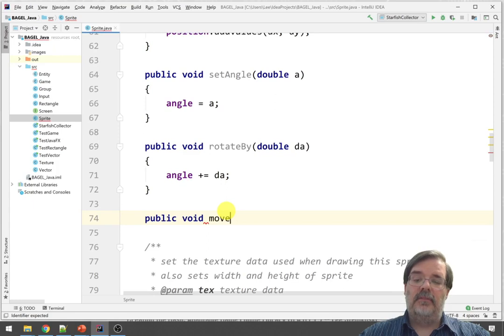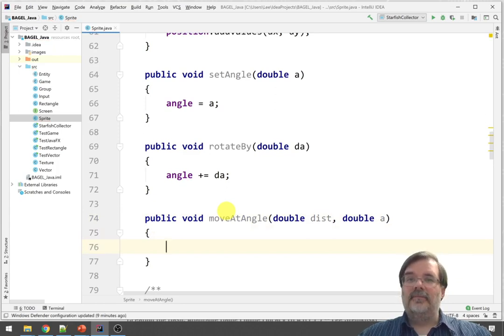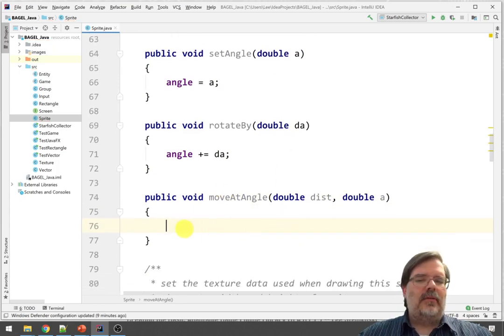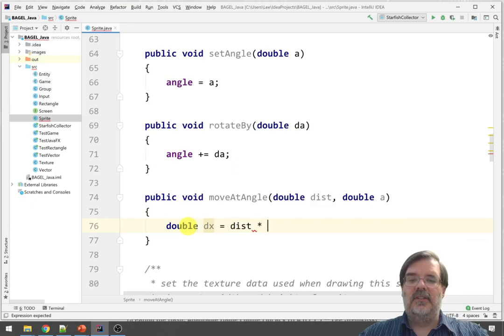Let's write public void moveAtAngle, and this will take in two parameters, one representing a distance, and the other representing an angle. All right, so in order to figure out how this works, you might need to go back and maybe review some of the math when we talked about vectors. I don't want to repeat that here, but the idea is we can use right triangle trigonometry to figure out how much we need to add to each of the components of our position vector. Right, so in particular, let's write a double called dx, and let's say that's equal to this distance times